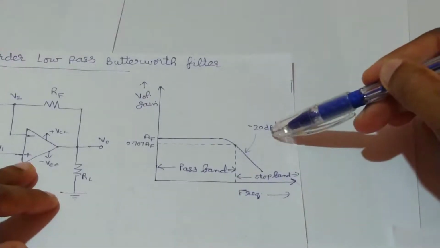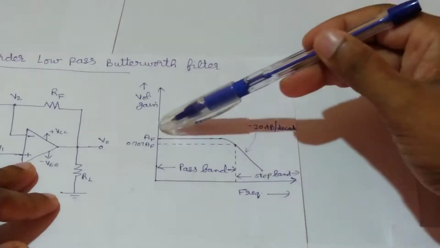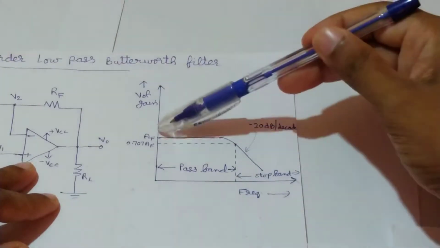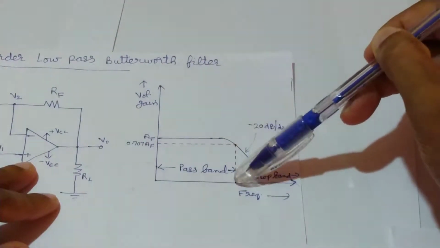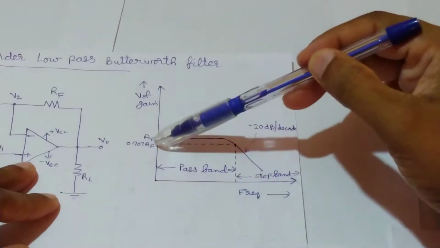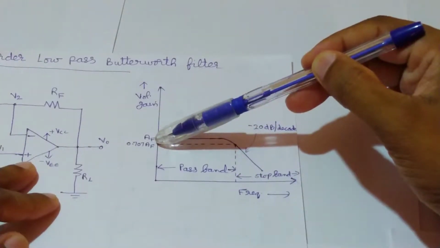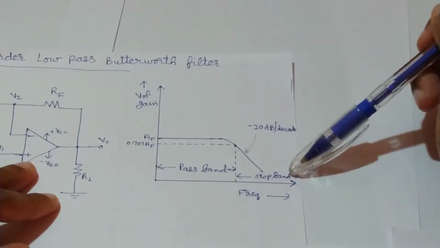So consider that frequency response of the low pass filter again. Here we can see this low pass filter has a constant gain af from 0 Hz to the higher cutoff frequency. This one is the higher cutoff frequency fh, and at fh the gain is 0.707 af, and after fh it decreases at a constant rate with an increase in frequency.